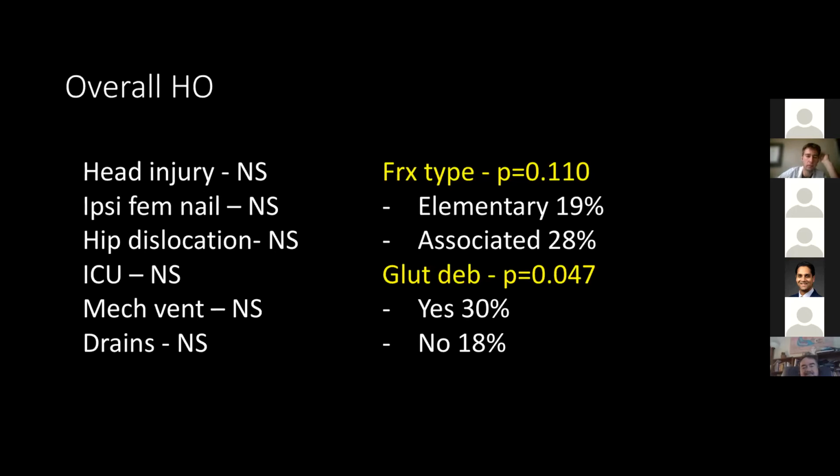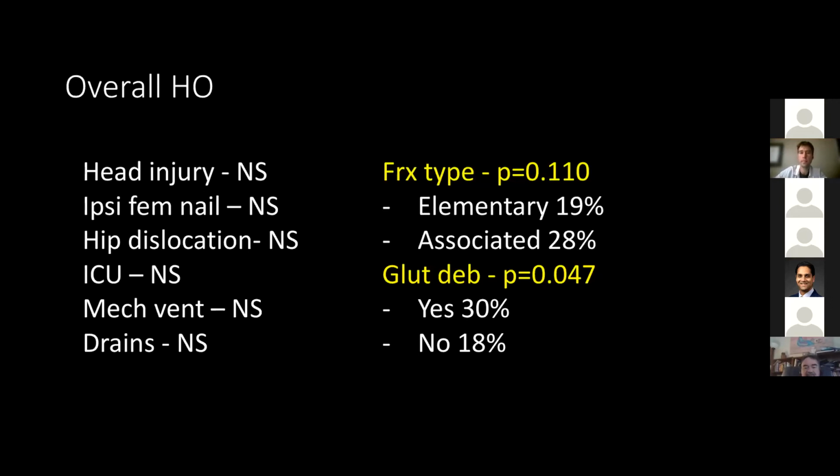Gluteus minimus debridement. Not quite sure what to make of this, to be honest. So those that did get a debridement had a higher rate of HO, which seems counterintuitive because you'd think you should be cutting it out. The whole point is to take out the minimus so you don't develop HO. So it could be a few things. One is certainly a selection bias, that it's probably the more severe, more complicated fractures with greater soft tissue injury that are more likely to develop HO,